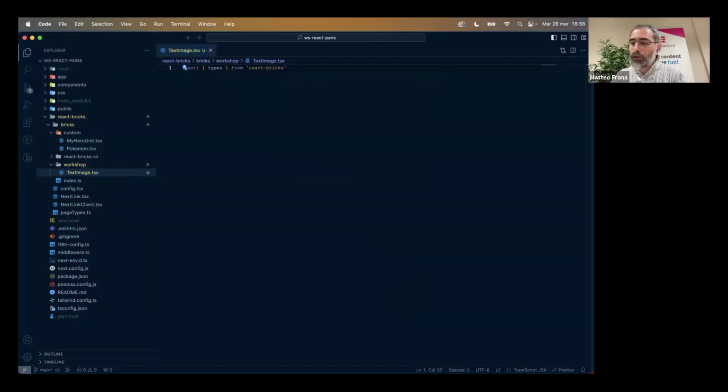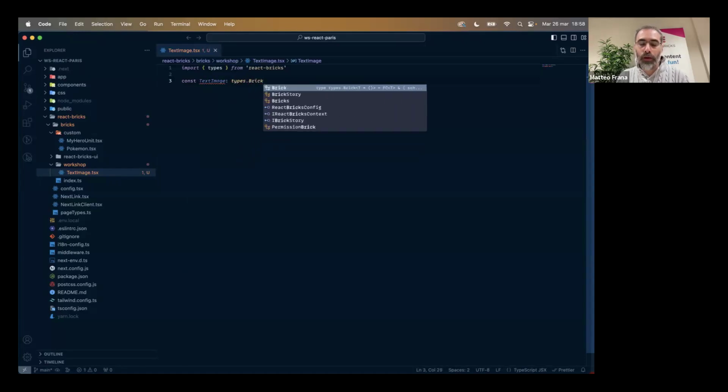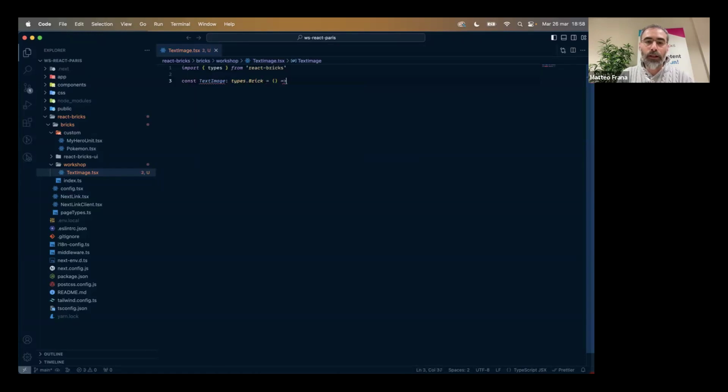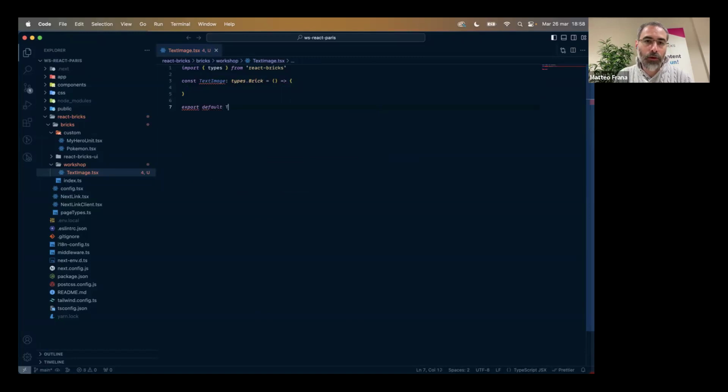Okay, and so now let's create a new React component. So say, const text image of type brick. We are creating a brick. This is a React component, and let's export default our text image. Okay, now we have some problem because this is not a functional component. You see a brick is